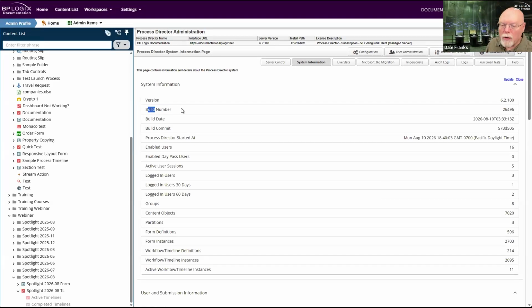It will show you a build number here, which may become far more relevant in the future, because right now we are pretty regularly putting out updates and patch builds and things like that. Our turnaround on making fixes to the product and making them available has increased fairly rapidly.